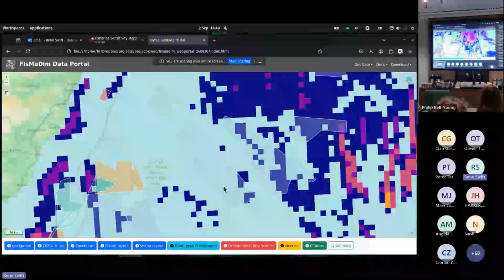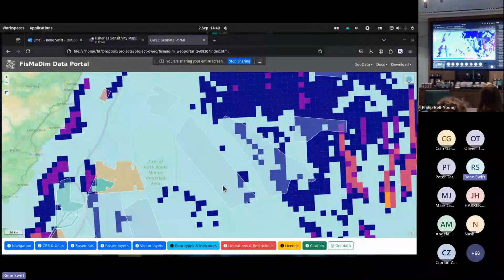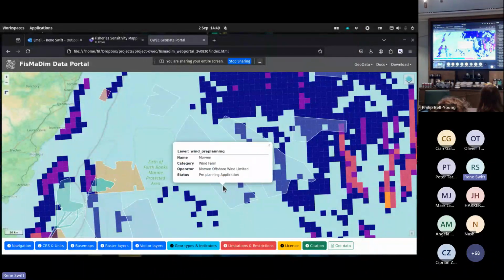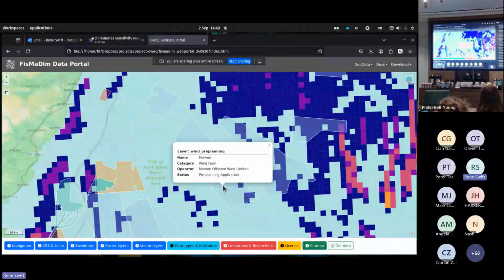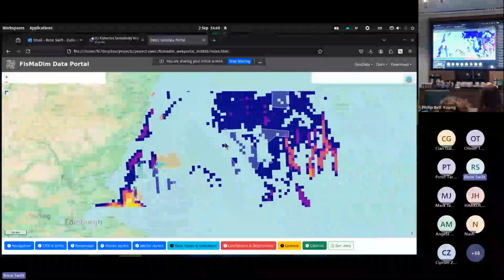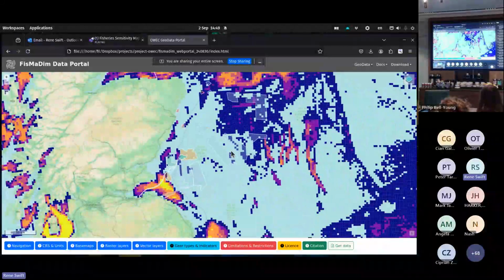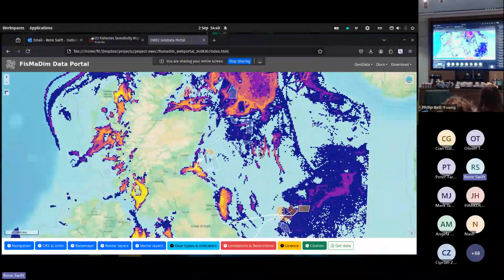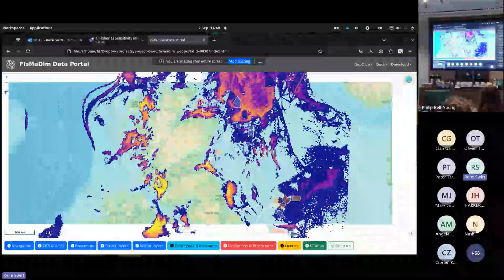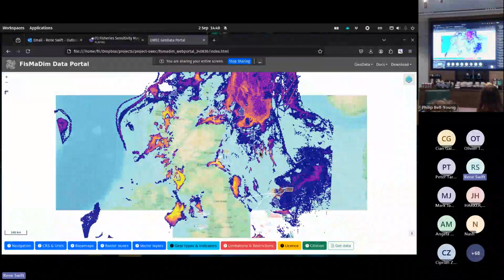And again, if I want some information about those wind farms, I can click on that position, and it tells me that that particular wind farm is in pre-planning, a pre-planning application. So you can see how the different indices for each of the different fisheries overlay on proposed, active, or planned wind farms.